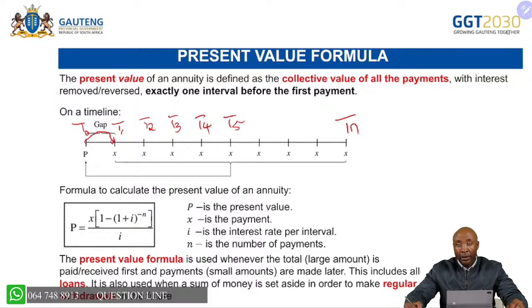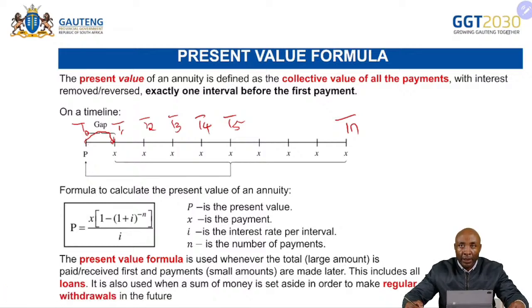Now, this formula is used when we have our large amount paid or received, because we can also use the present value annuity when we are dealing with big monies like inheritance money that is invested, but a person is getting a payment every month for sustainability and so on. So we should be able to interpret the scenarios correctly there as we are answering these questions, because